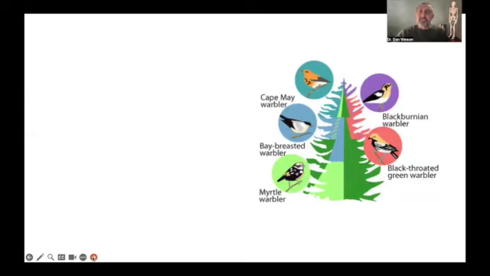Another option, though, is specialization. In the case of warblers, they have adapted to specialize. So they're all living in a tree, they're all competing for similar insects, but you'll notice that they specialize to living in separate parts of the tree. That is their niche, what they do. So they basically live in a tree, that's their habitat, but where do they live in the tree? Where do they feed on that tree? That's where it becomes more specialized. And by becoming more specialized, there's a little bit less competition. So each type of warbler can survive, and thrive.